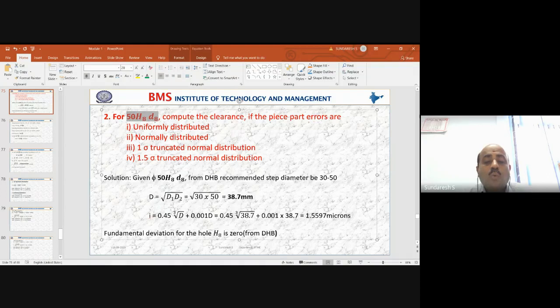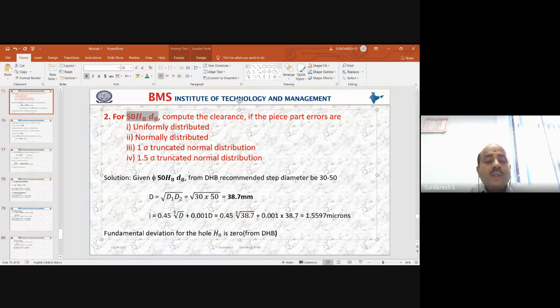First, we have to calculate what we call the clearance for this. Of course, this definitely requires a data handbook. Without the data handbook you can't do so, but I've just given the values here. So given